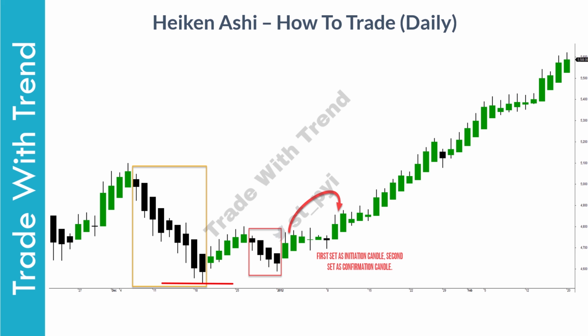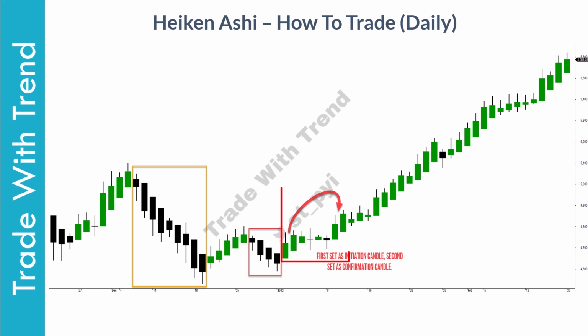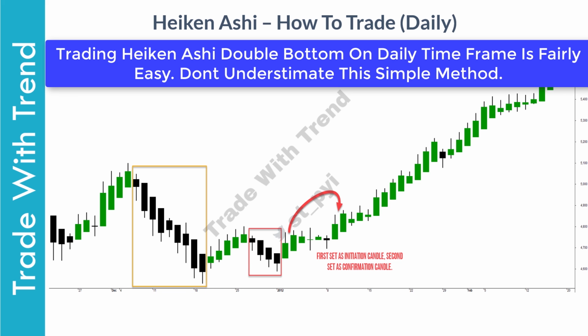In this chart, momentum is clearly visible as price forms the first bottom here and then price again revisits this demand region in form of 3 bearish contracting candles. Post this, we get 2 weak candles followed by another set of candles which were much more stronger. Now stop loss in this case would be the lowest point marked at this region on the chart. What I've shown here is a case which works right away. More often than not, you will get cases which are much more complex like the ones we discussed in this video.